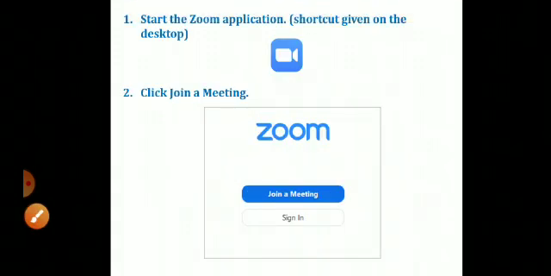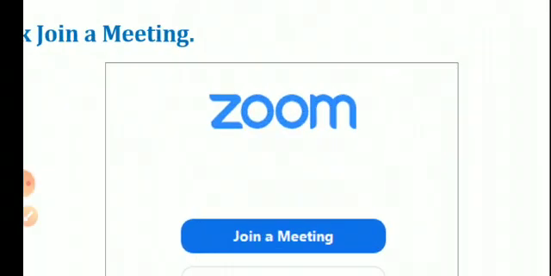See here. First of all, you will see this icon in your computer. Start the Zoom application. That shortcut is given on your desktop. In the computer screen, you will see this icon. Understand?